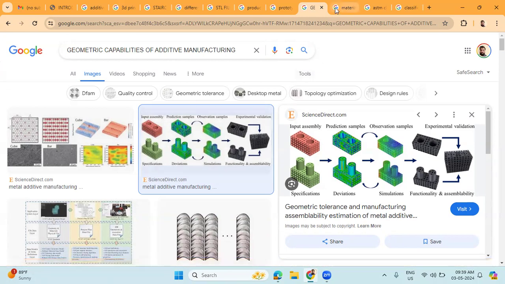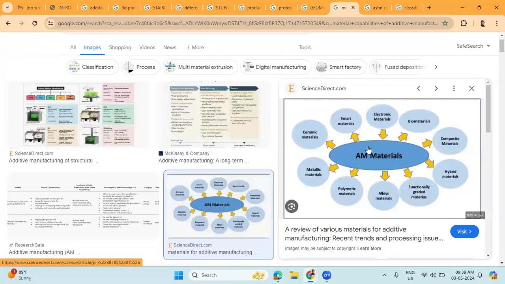Then we will enter into the material capabilities. We already explained the geometric capabilities: whatever complexity is involved in the geometry, we can fabricate the physical product with the help of additive manufacturing technology. Coming to the material capabilities, additive manufacturing is a process that involves creating three-dimensional objects by adding